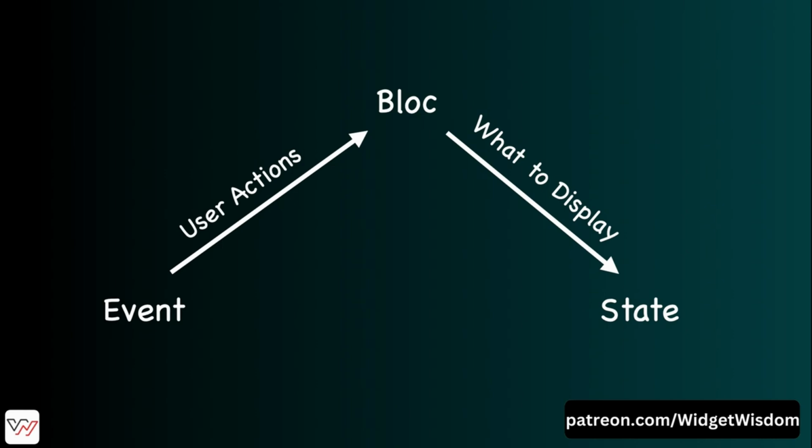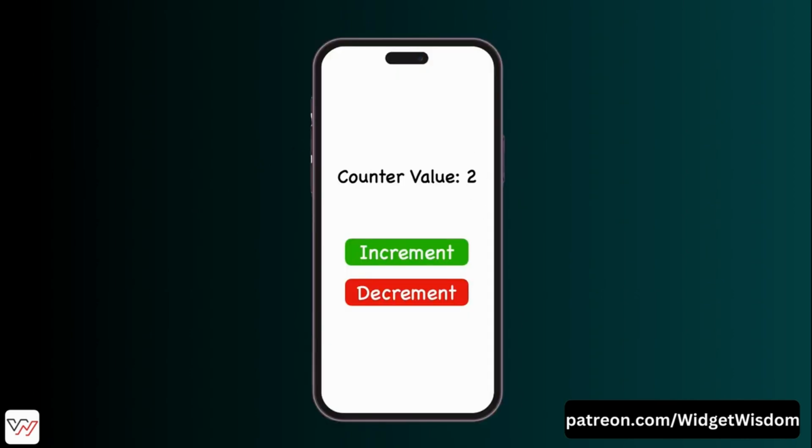And let's imagine the stopwatch again. When you press start, the stopwatch listens to the event, starts counting and updates the displayed time. When you press stop, it listens to the event and pauses the counting. Similarly, in our counter app, when the plus or minus button is pressed, the Bloc updates the counter value and sends the updated number to the UI to display. In simple terms, Bloc helps you manage your app's flow from events to updated UI in a highly structured way.